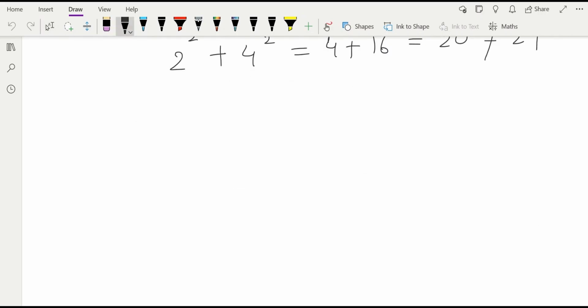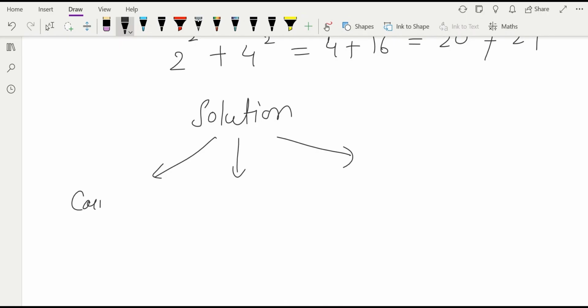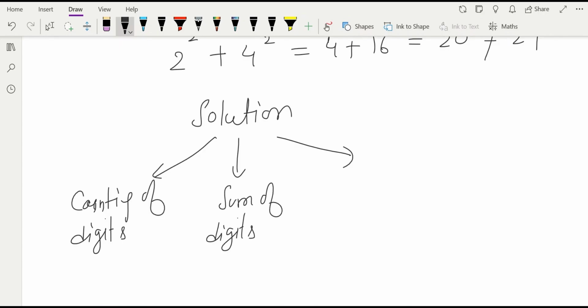We can simply divide our solution into three parts. What are those three parts? The first part is counting of digits: first we have to find the total number of digits. The second part is the sum of digits raised to the power of the total number of digits.